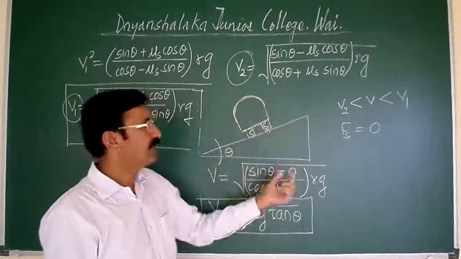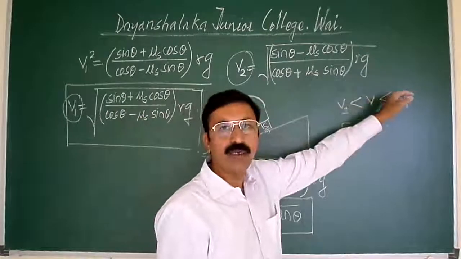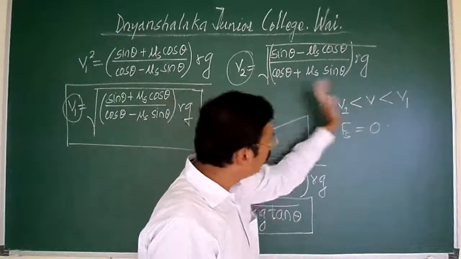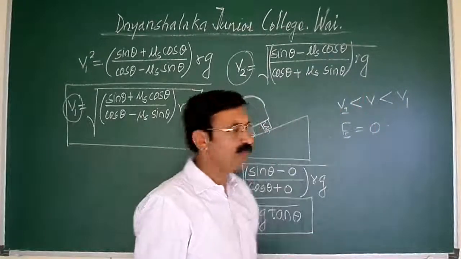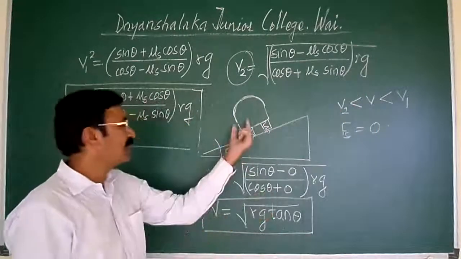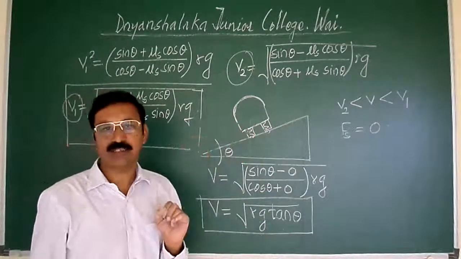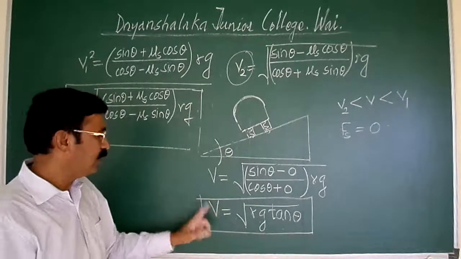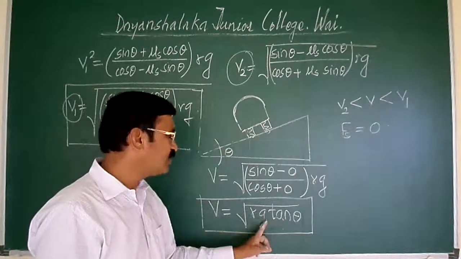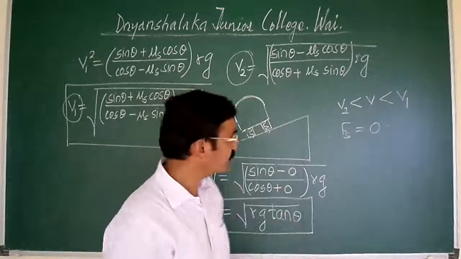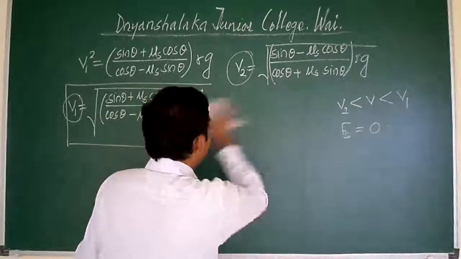above which there is a possibility of a car getting toppled, moving outside the curvature and meeting an accident, or below that a car or vehicle can skid in the downward direction. So the safe limit of velocity is given by V is equal to root of Rg tan of theta. So from this we are able to get two expressions for the curved